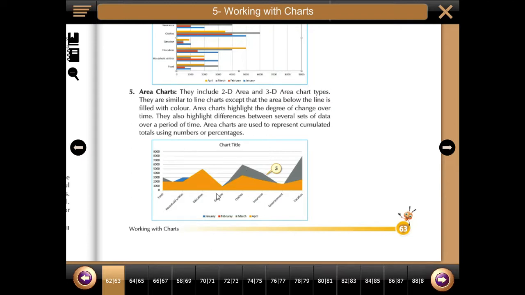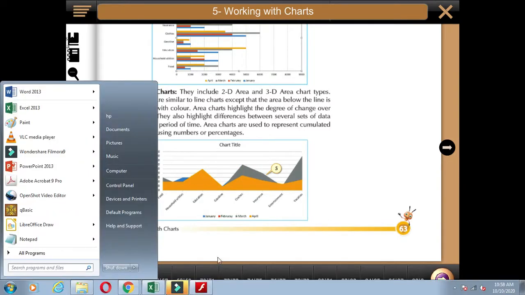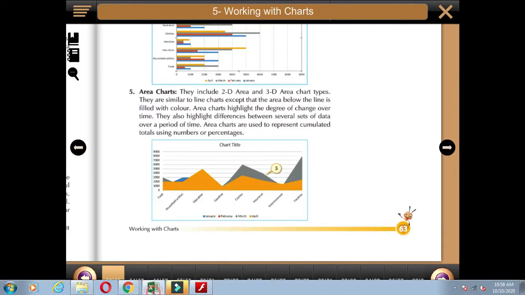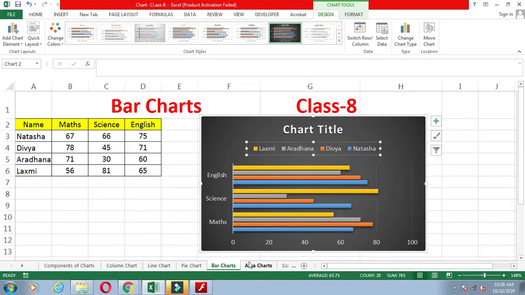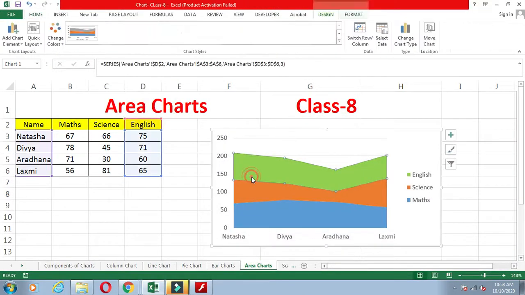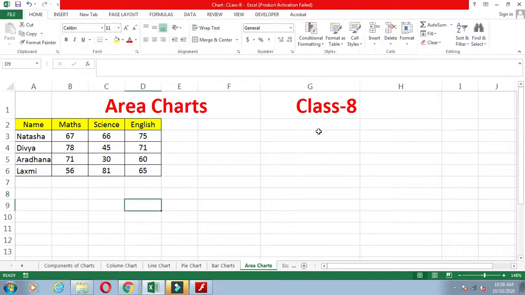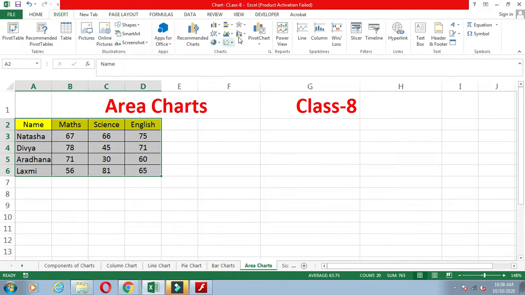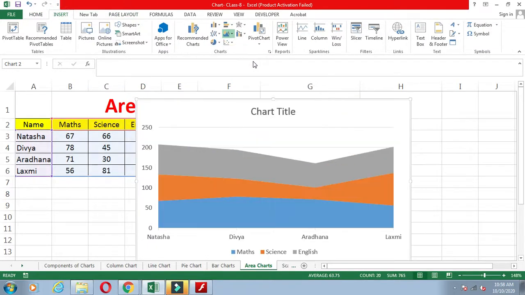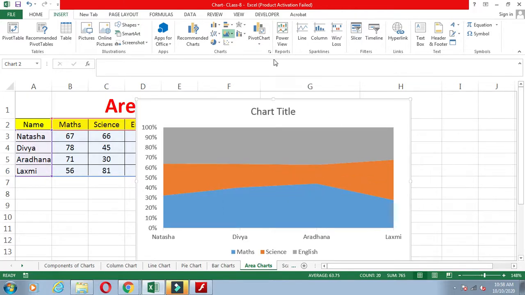You select the data, click on the insert tab. Here is the area. You can select any one you want. That chart will appear.